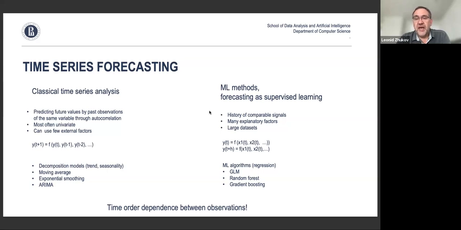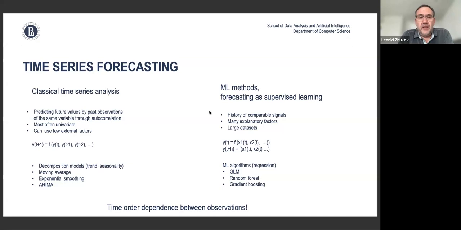Or we can also add, for example, some dependency on a so-called autocorrelation dependency, right? So the value at time t plus h depends on the value of the same variable y at some previous moments of time. And formulating the problem that way, we can then use pretty much standard machine learning methods to